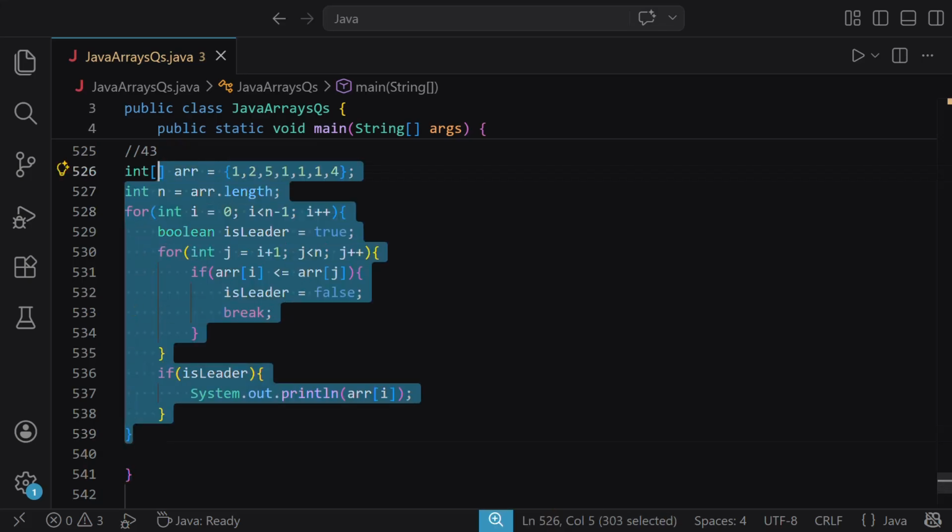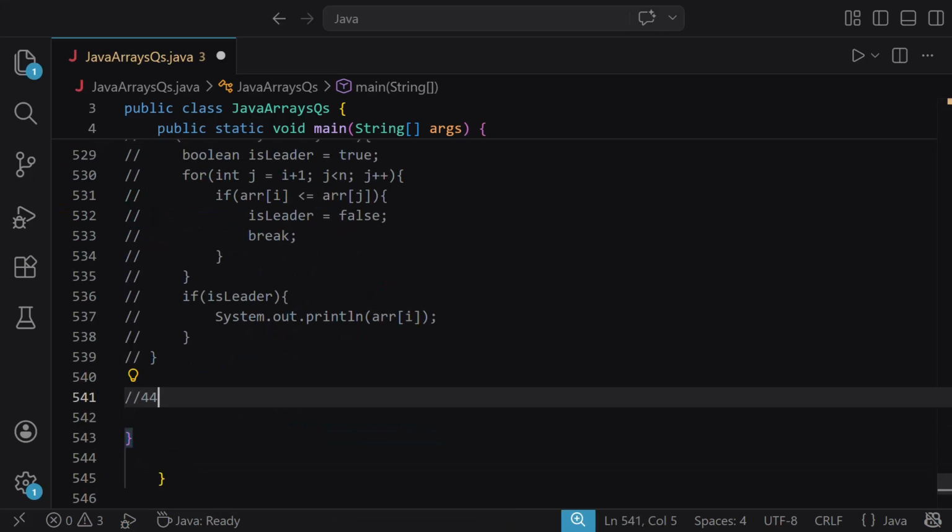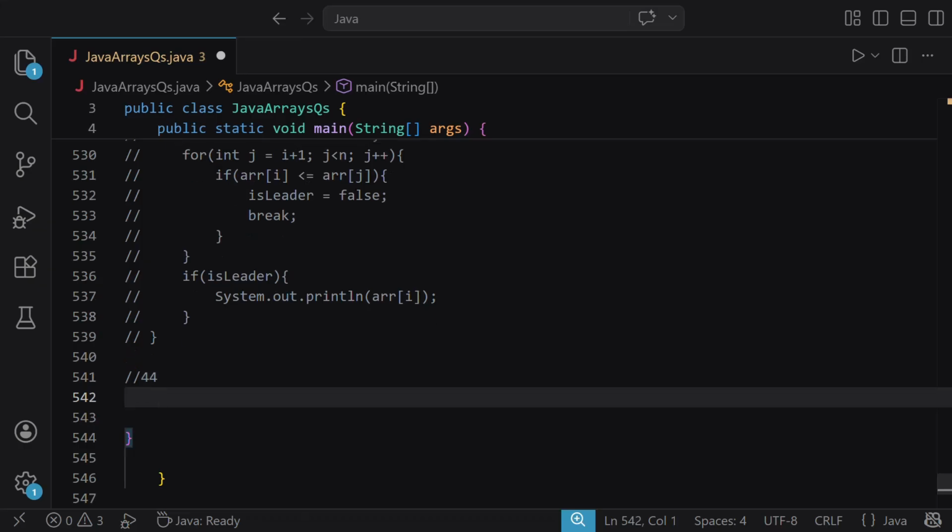So let us move ahead now with question number 44. Question 44 says to find the longest consecutive sequence in an array. So that means if it's 1 2 3, then 1 2 3 4 5 8 9, like this. So 1 2 3 4 5 will be the longest consecutive sequence. So first we'll have to write an array, so let us say 100 4 200 something,